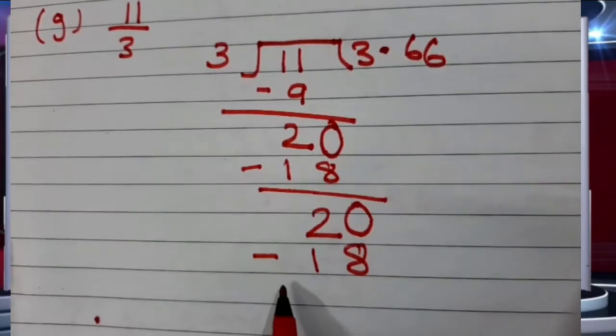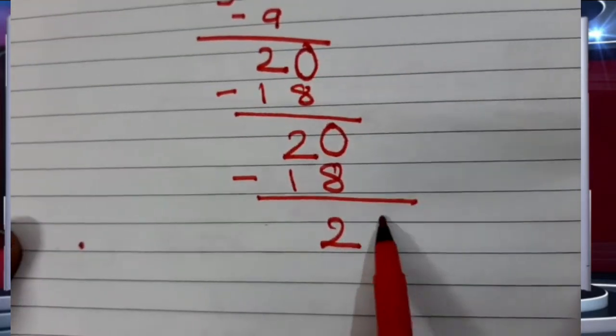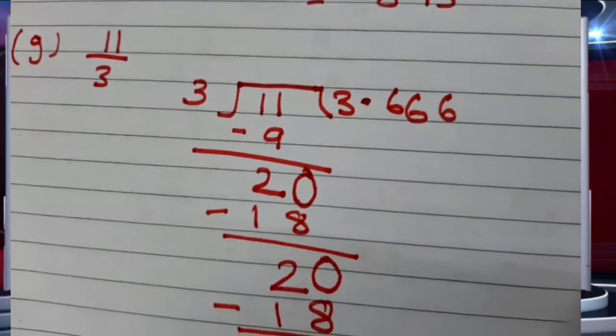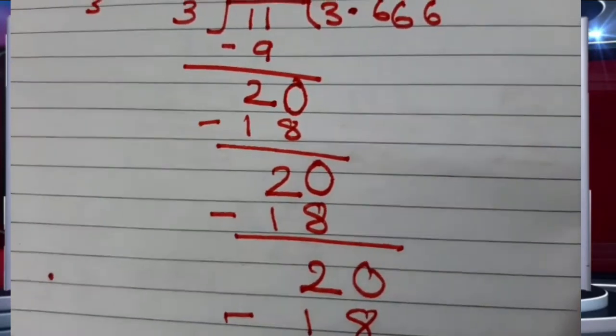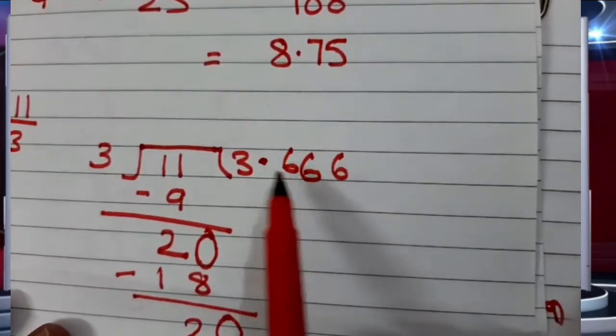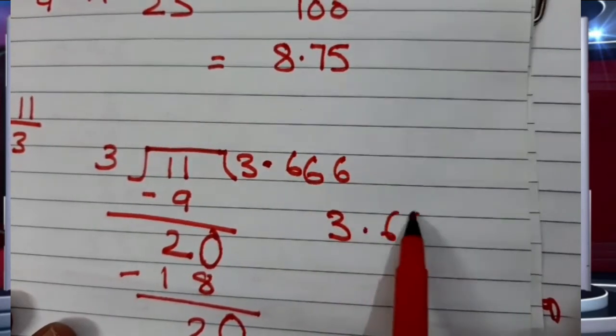See students, here this process will keep on going. Decimal is here, you will carry down 0. Again you will write 6 here. Again you will write 18 here. This will never stop. It is never ending. In this case, you will just write decimal places up to 2 digits. And you will leave it here.